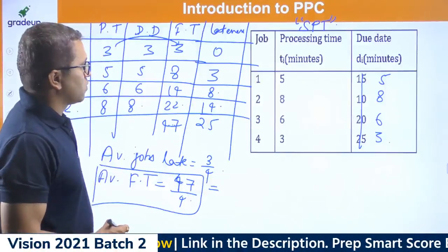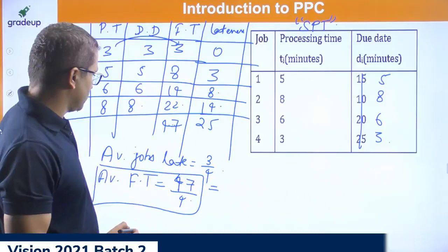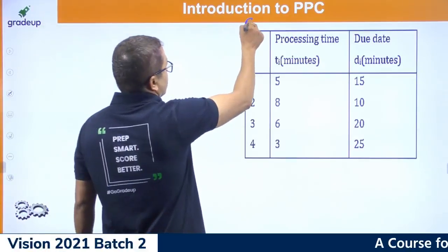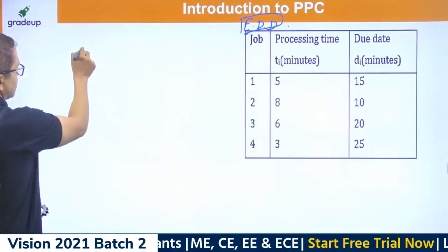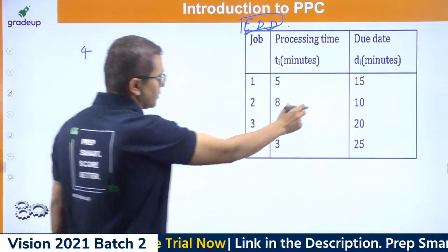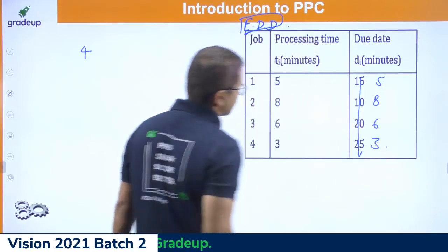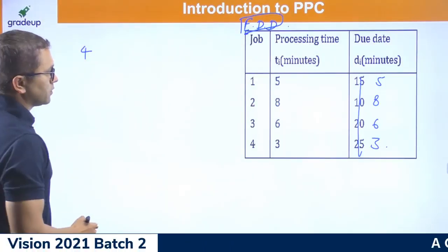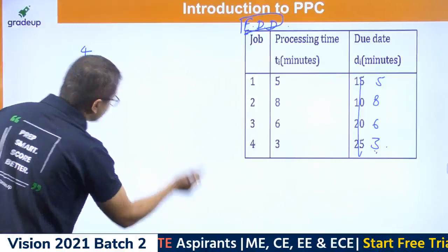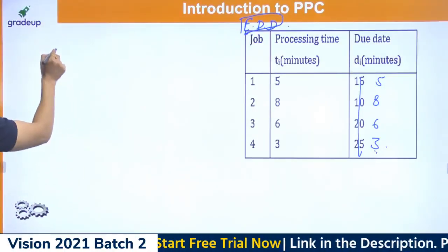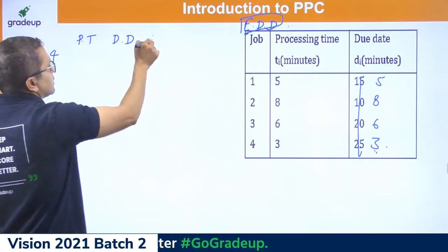Sunil Kumar says 4, 1, 4132. Yeah, it should be 4132. So I'm going to go here and write earliest due date. So that's going to be 4. Again, same things. I'm going to cut them and modify it a bit. It's going to be 4 because this one is the least. I'll use the space over here. This is processing time, this is due date, and this is flow time.